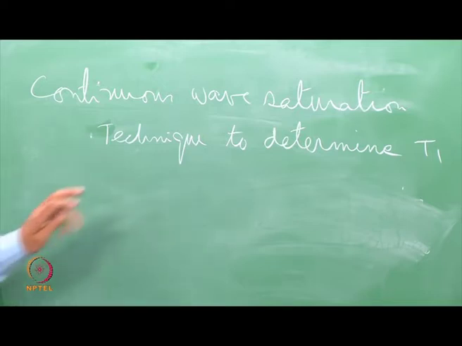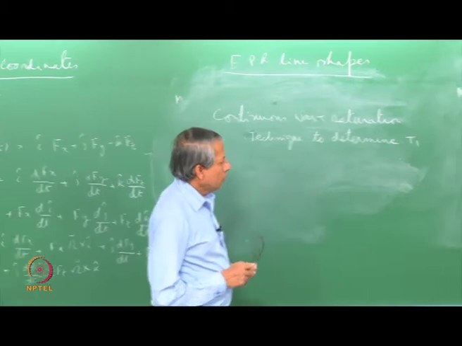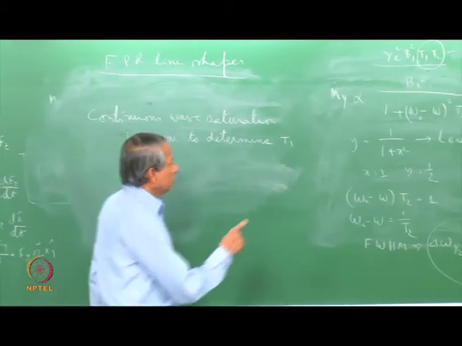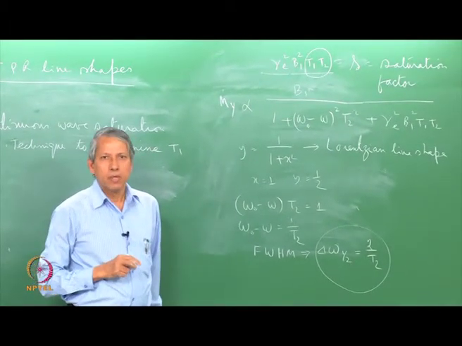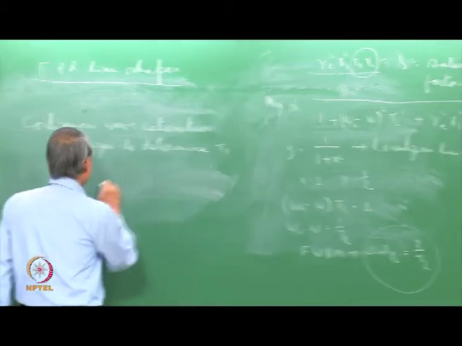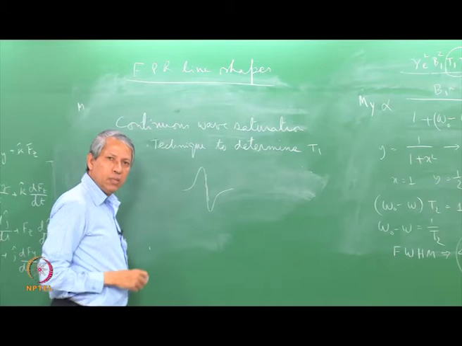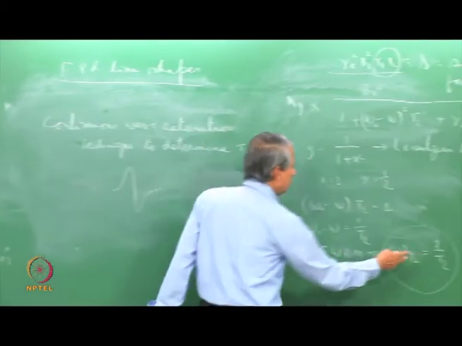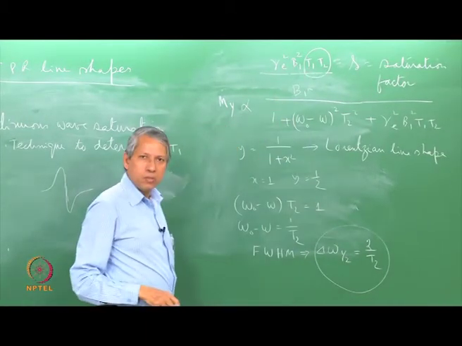Now, to measure T1 and T2 from this line shape analysis, one needs to keep in mind that the line shape should follow Lorentzian. That means there should not be any unresolved hyperfine line. Each hyperfine line must strictly correspond to one transition. There is no residual line which is hidden here. In that case, one will get a wrong value of T2, and if you get a wrong value of T2, you will of course get a wrong value of T1, because this is obtained from the product of T1 and T2.